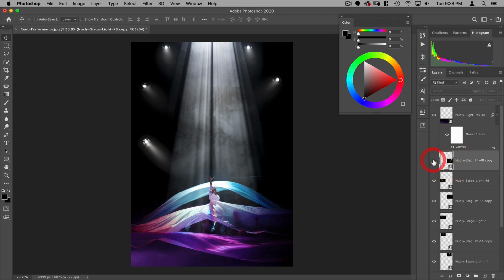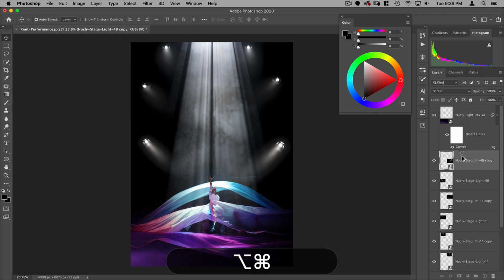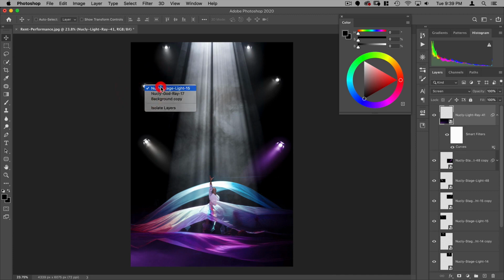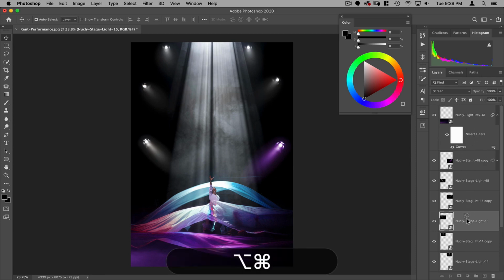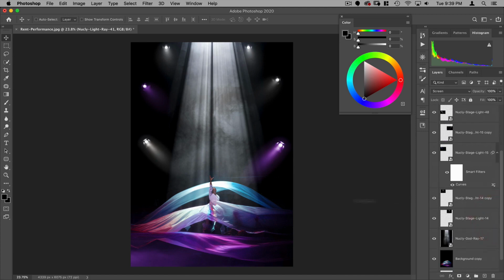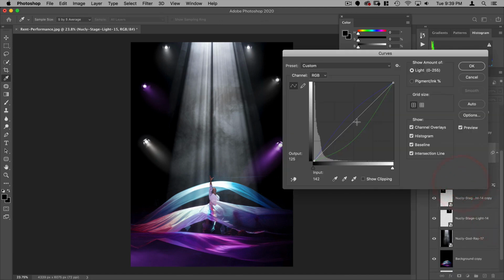All right, so this light here, I want to be also a purple color. What I can do, because I've already done this curve here, is I can actually just copy this smart filter onto this layer. To do that, I'm going to hold Option and Command and just drag this to that layer. That's done a pretty good job there. I also want this one to be purple, so let's find it. It's stage light 15, and let's drag this to that one as well. Now this one, you can see that the curve is kind of knocking it back a bit. So I'm going to counter that by just brightening it up a little bit in that curve, just like that.